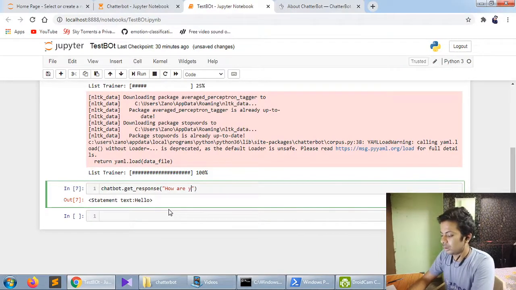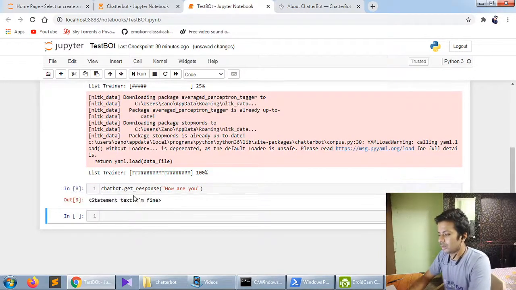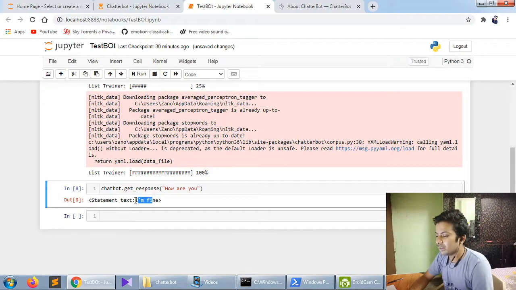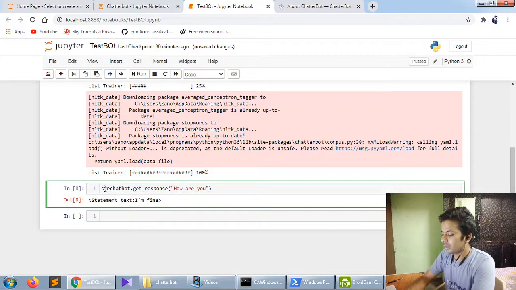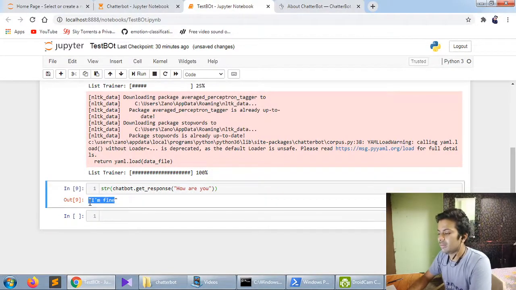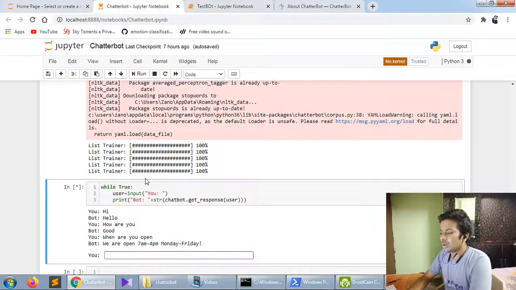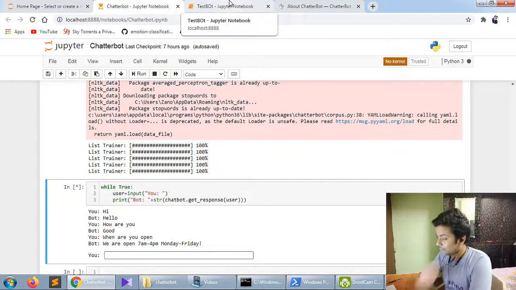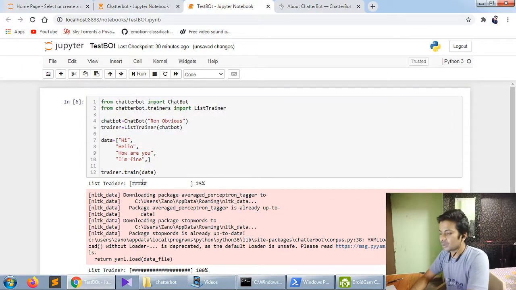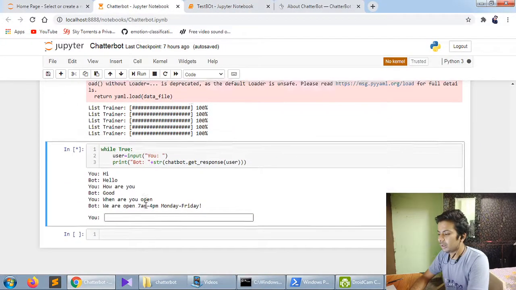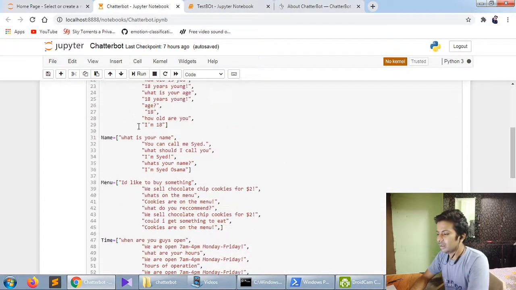How are... okay, text ambient. So you can get this much of text also; you just have to convert it into a string. Okay, you are getting "I am fine" also. Now, if you want to train your data like this, so let me